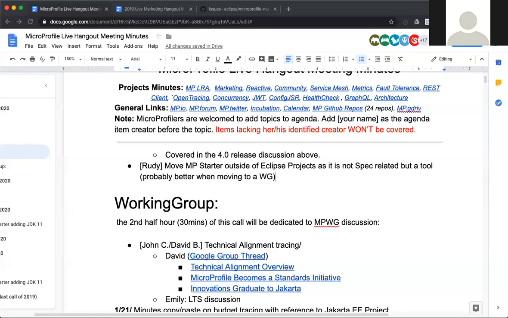By the way, the MicroProfile Starter is not in Sandbox. It's in the microprofile-starter repo, so it has a dedicated repo. Yeah, we created a repo for that last year. Yes, and that was about the time that Rudy became a committer. We started that repo off, made him a committer, and then he started working on it. So then let's fix both things about infra. Let's start. I wanted to hear some more thoughts before you talk again.